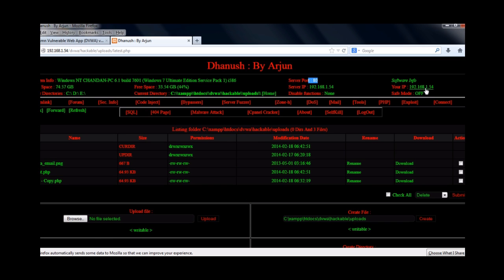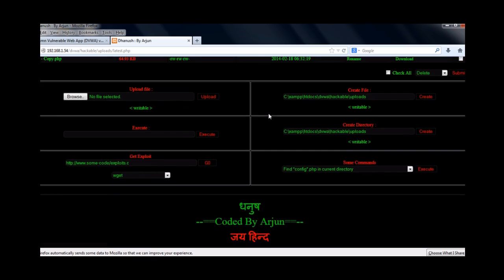This includes various details of the server, including the server IP and the disk space utilization, the directories, and different features of the shellcode, such as denial of service, different PHP based injection, exploits, 404 page malware attack, cPanel tracker, and the like.